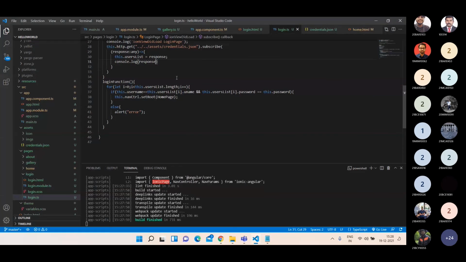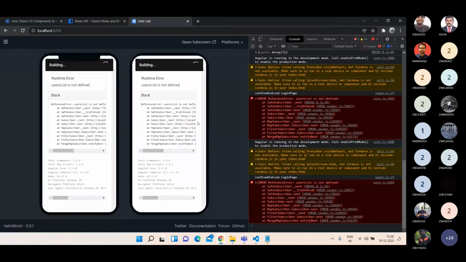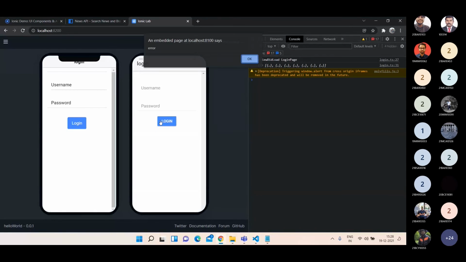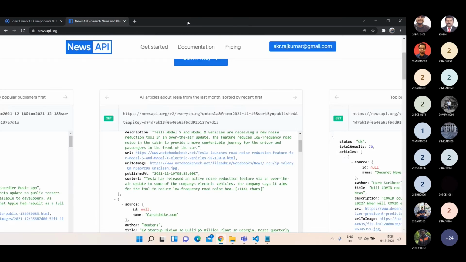Response dot users, we should give. Now we are getting an error.